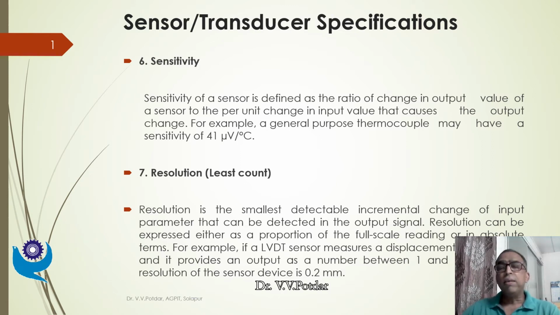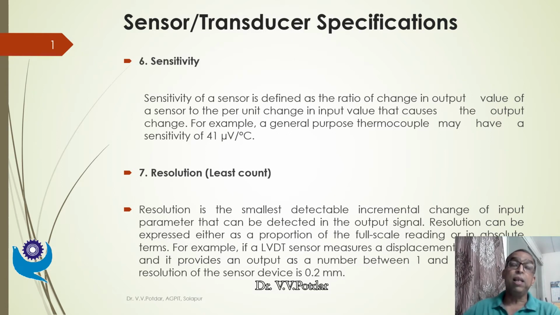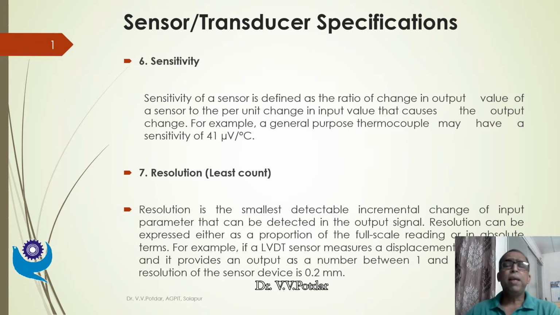There can be other transducers as well which might give us 1 volt, or in some cases 1 millivolt, of output per unit change in the input parameter. So this sensitivity corresponds to responsiveness of a given transducer to the given input signal. Now this sensitivity parameter, as I discussed yesterday also, is very important while deciding a particular application or a particular mechatronic application.